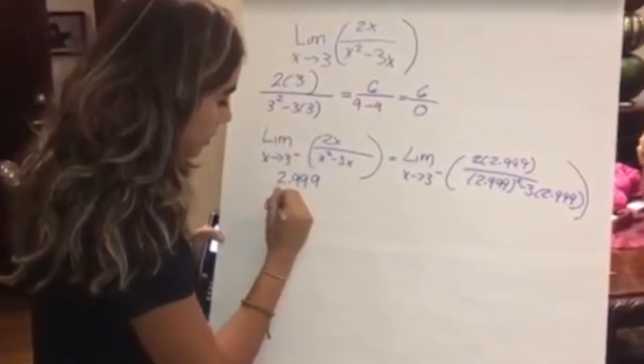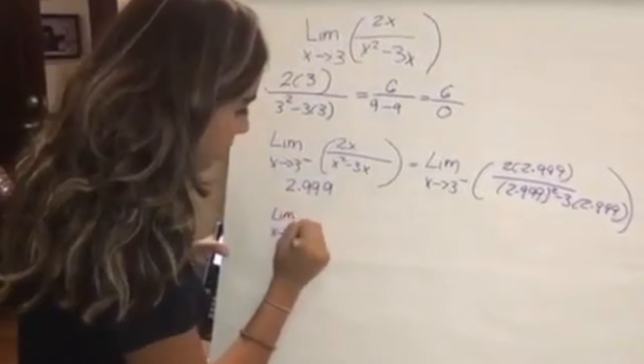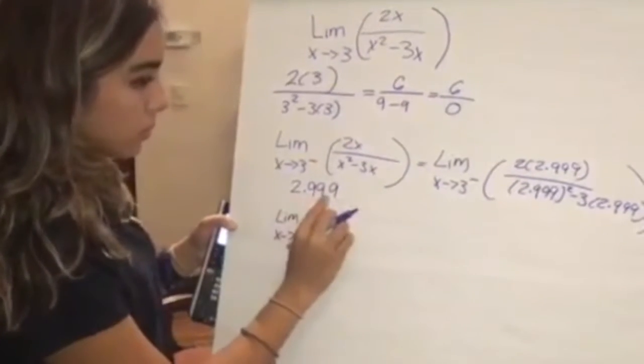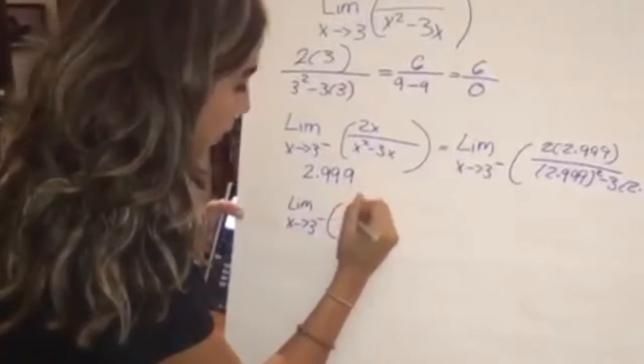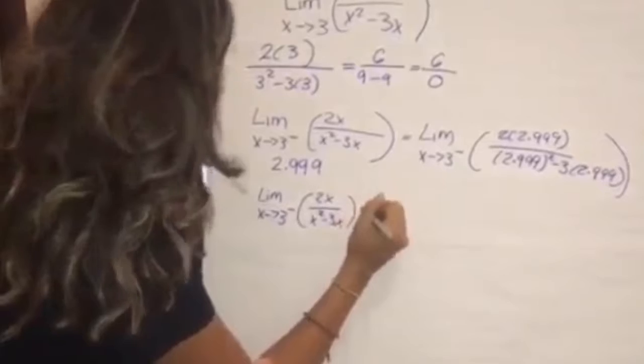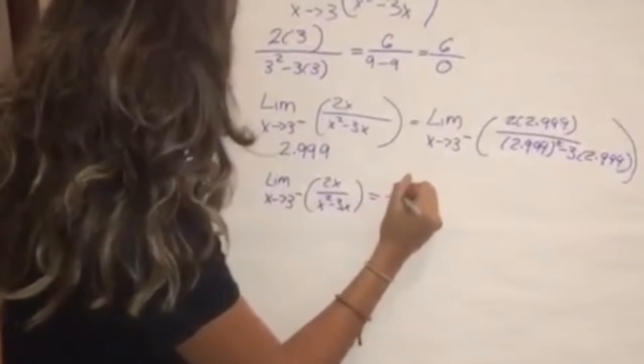The limit of x approaching 3 from the negative side, using the number 2.999, of the function 2x over x squared minus 3x equals negative